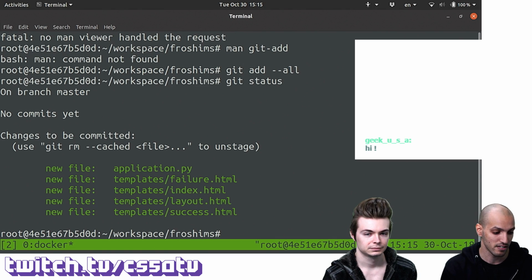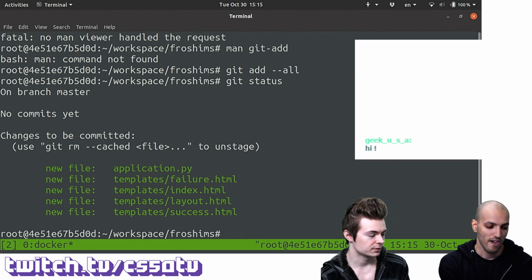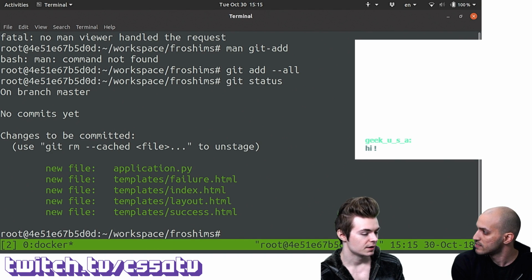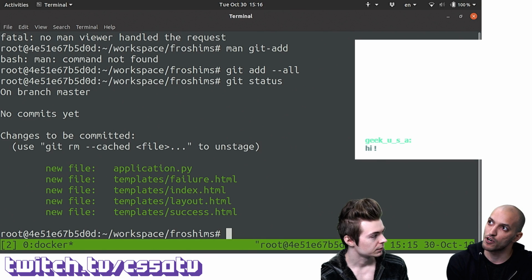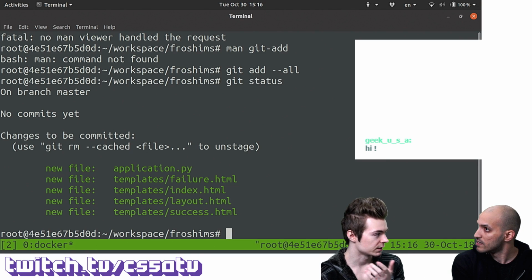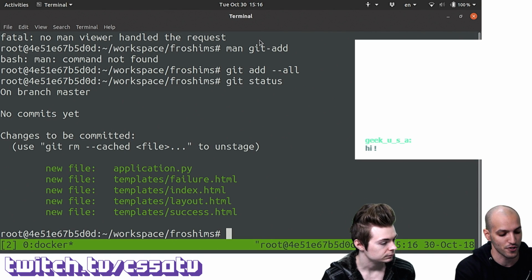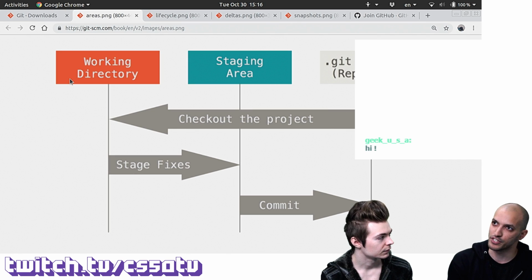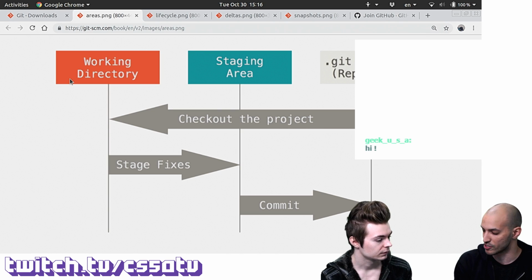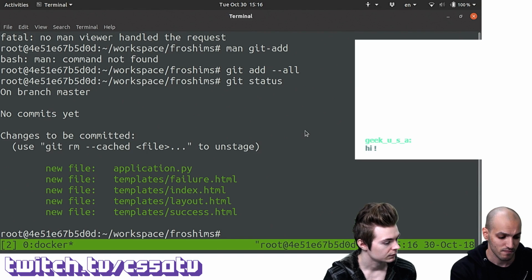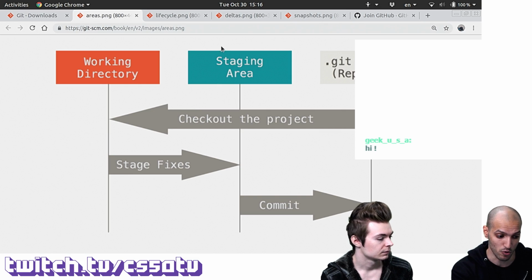If you do git status again, now we see these files in green. They've gone from untracked to the staging area. They're not part of the unmodified because they're new files, but they are being staged. So they've gone from the working directory to the staging area. They basically skipped a couple of those steps in the diagram. We're referring to the first diagram here. Actually, I'm not really sure if they would be considered part of the working directory if they are initially untracked. But let's say they are in the working directory, and once we git add them, they move to the staging area.